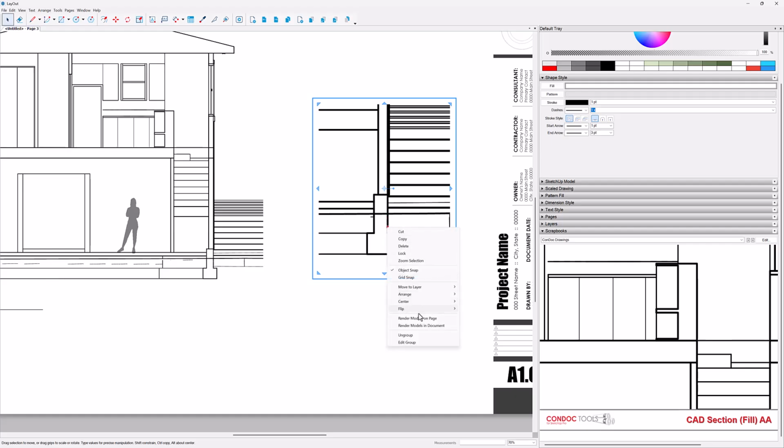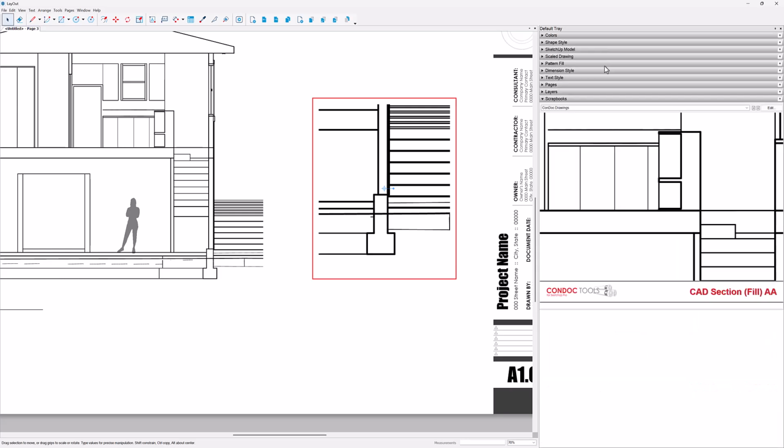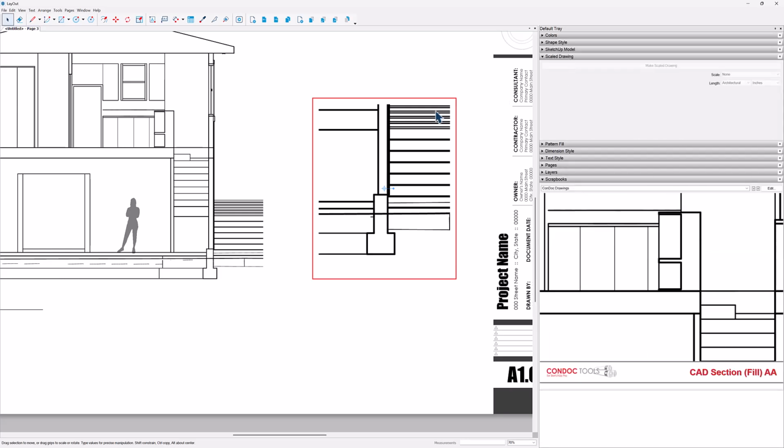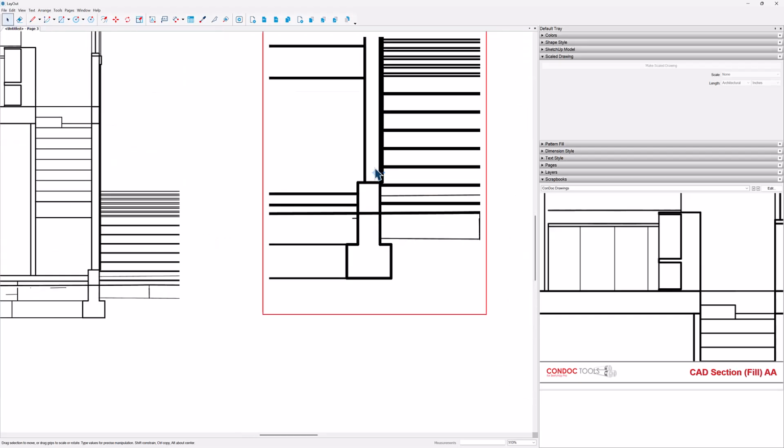So we could right click and lock that, and then what you could do is... There's a couple different ways to do this, but I just want to show you this one feature, which is a scale drawing. If you wanted to trace this,